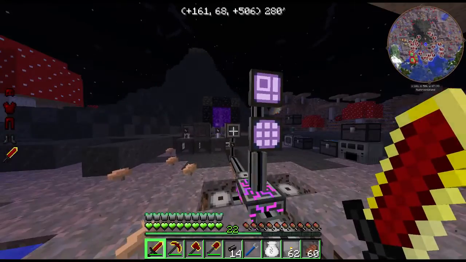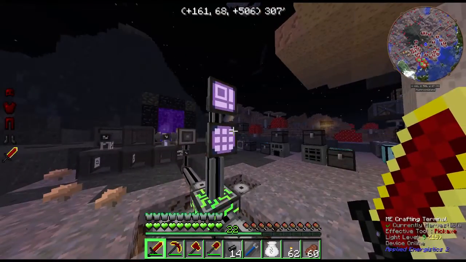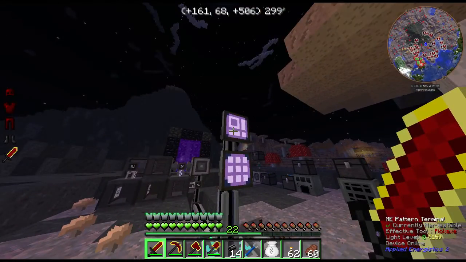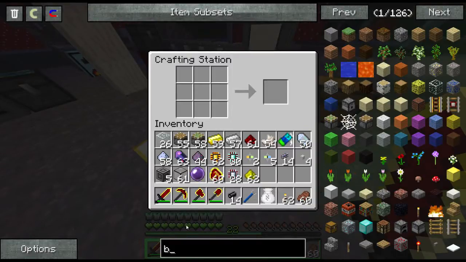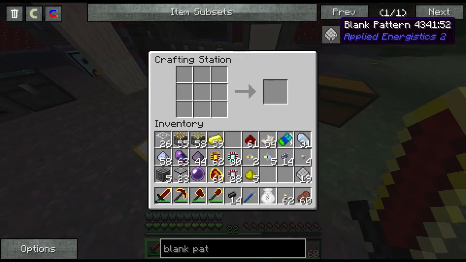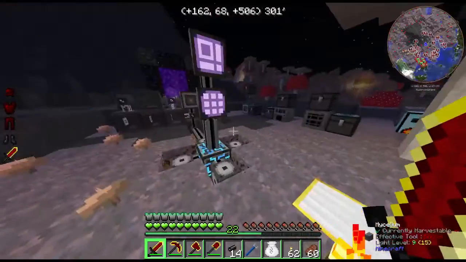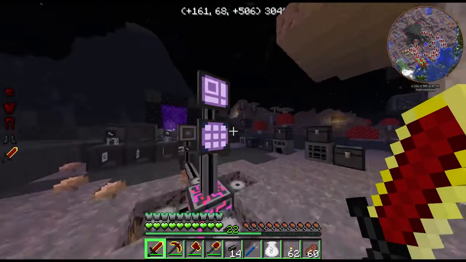So, I'll finish up the inscriber automation. All I need now is to do the patterns, which I'll make a bunch of. Blank pattern. Alright, here we go. Boom. I guess I'll make 19. Yeah, just because that's all the glowstone I had. Okay, now I need...